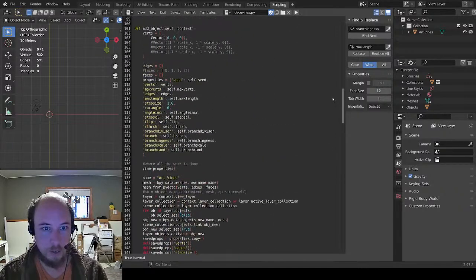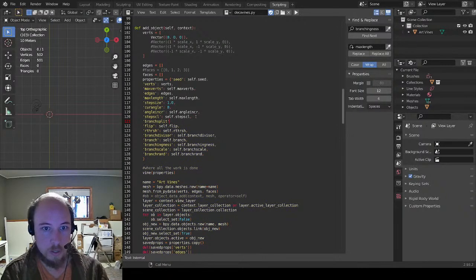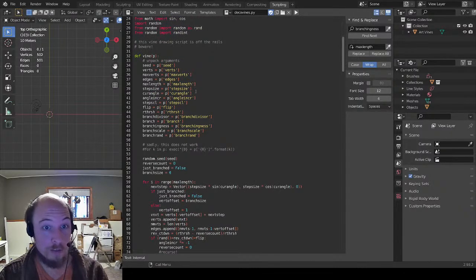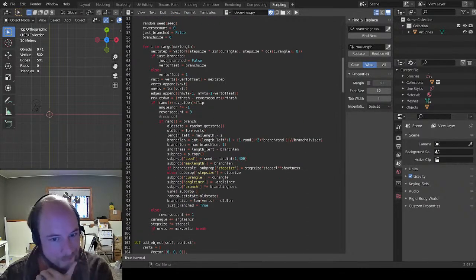Oh no, not down here, up here. We've got max verts, we got step scale, branch split, self.branch split, and then up here we have branch split. I guess it doesn't matter. Branch split equals P of branch split. Okay. And then back here,